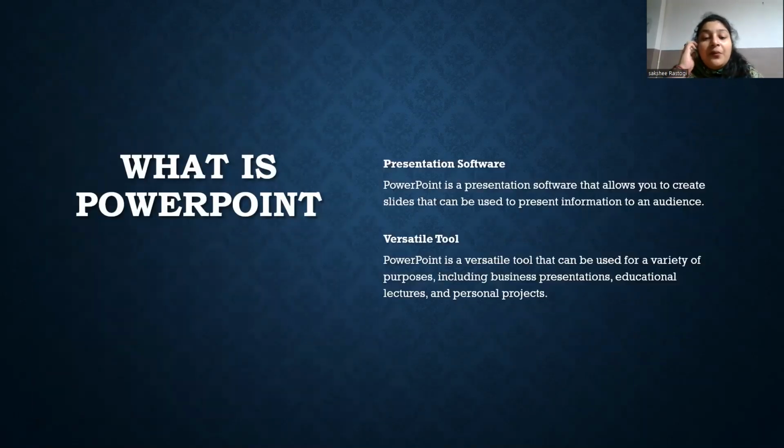PowerPoint is a popular presentation software developed by Microsoft. It allows users to create, design, and display slide-based presentations combining text, images, graphs, and other multimedia elements. PowerPoint is widely used for various purposes such as business presentations, educational lectures, training sessions, sales pitches, conferences, meetings, marketing